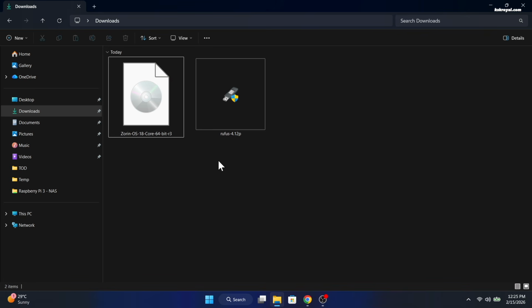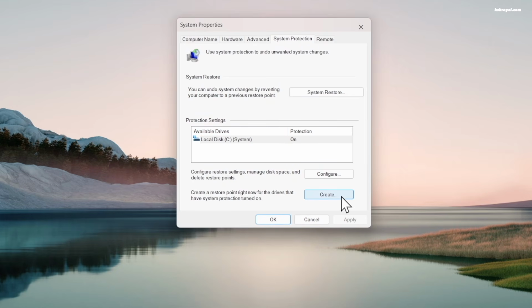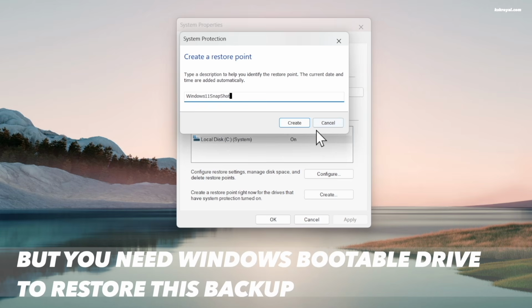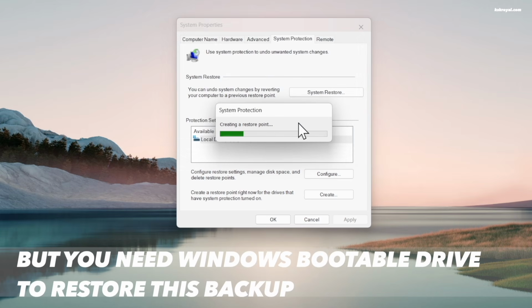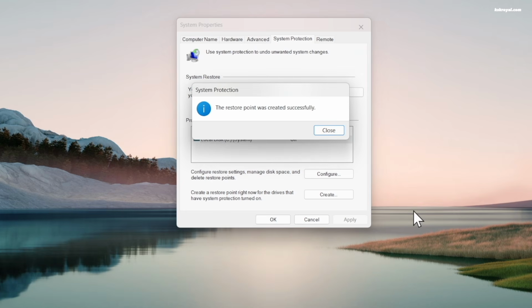Before installing Zorin, it's recommended to create a system restore point on your Windows computer. Now go ahead and search for restore point in the start menu and open it. This tool allows you to take a snapshot of the system's current state. If something goes wrong with the Zorin installation, you can use this backup to restore your system back to the